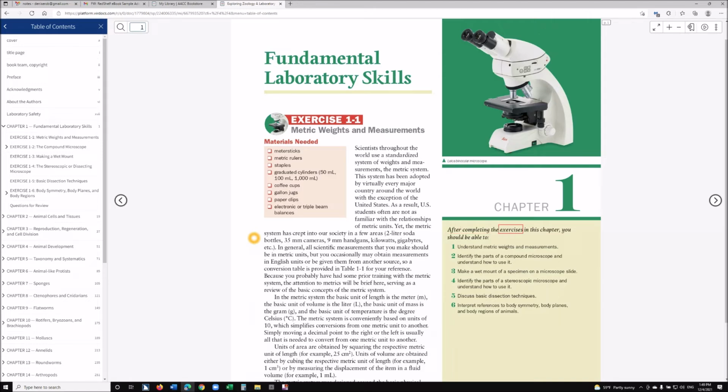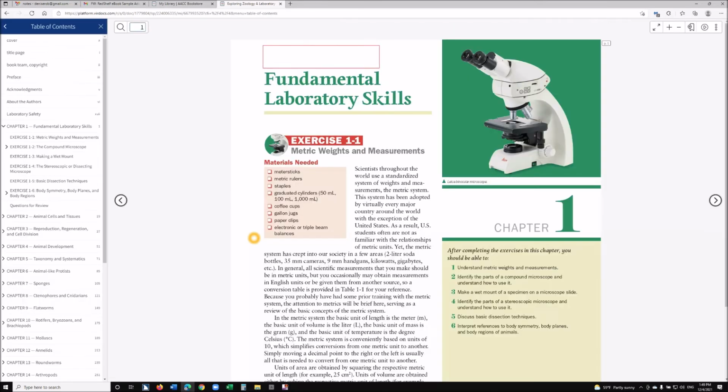After completing the exercises in this chapter, you should be able to: 1. Understand metric weights and measurements. 2. Identify the parts of a compound microscope and understand how to use it. 3. Make a wet mount of a specimen on the microscope slide. 4. Identify the parts of a stereoscopic microscope and understand how to use it. 5. Discuss basic dissection techniques. 6. Interpret references to body symmetry, body planes, and body regions of animals. Chapter 1. 1. Fundamental laboratory skills. Exercise 1-1 Metric weights and measurements. Materials needed: